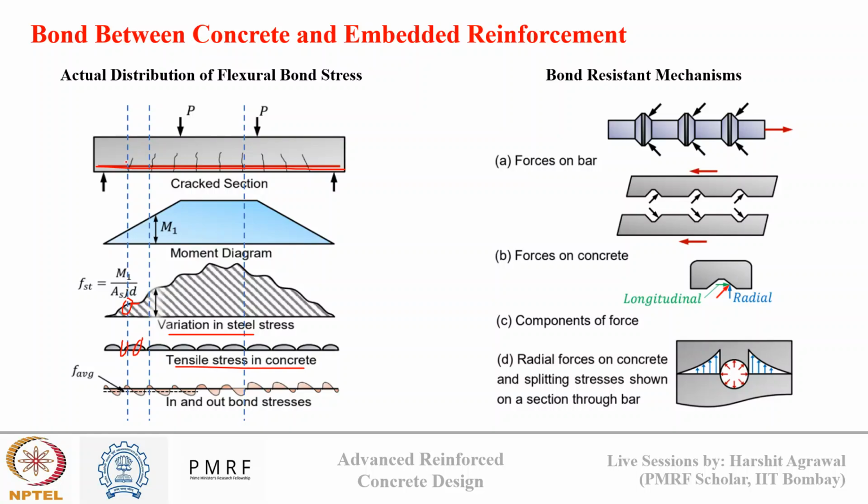So just near the crack, the bond force will be maximum, and at the position of crack, the bond force will be minimum. Okay, so that is how the bond stress can vary. It is not a uniform thing that is acting all over the surface. And when we talk about this deformed bar where ribs are present,